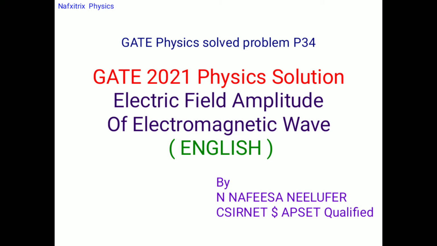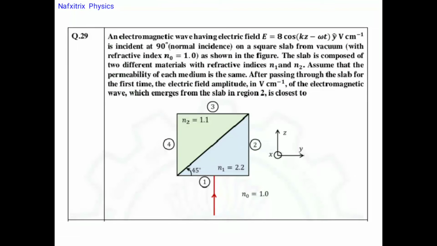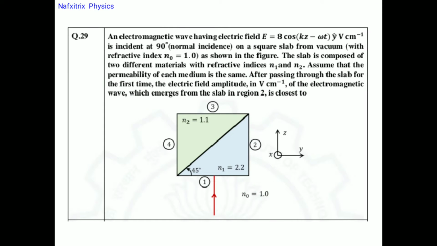Let's discuss a problem from GATE 2021 Physics. This is related to finding the electric field amplitude of an electromagnetic wave. The problem is: an electromagnetic wave having electric field E equals 8 cos(kz minus omega t) y cap volt per centimeter